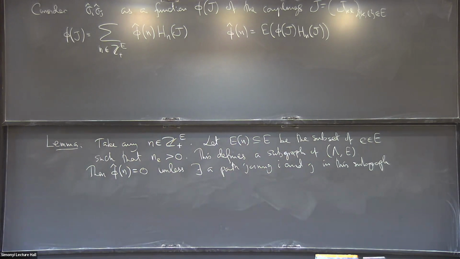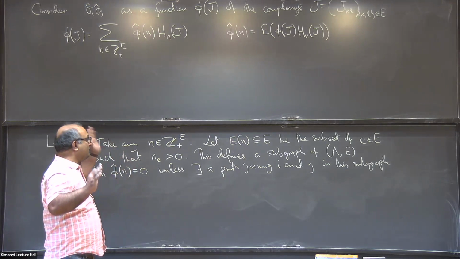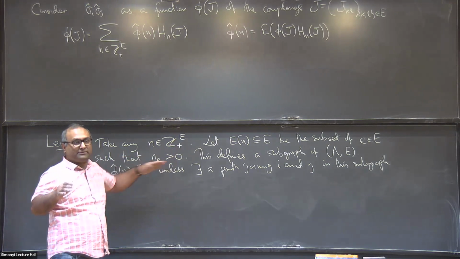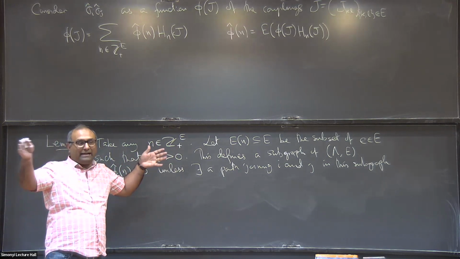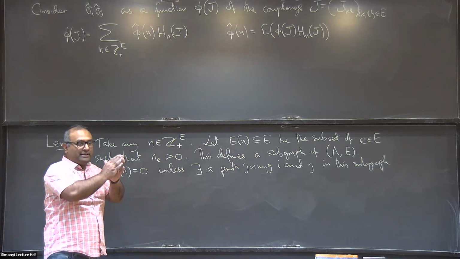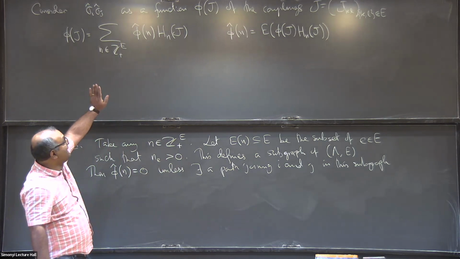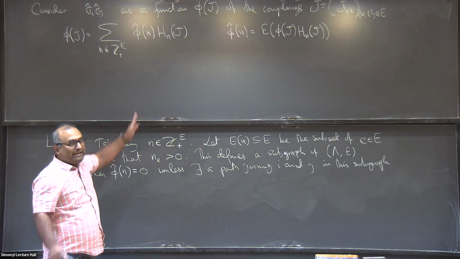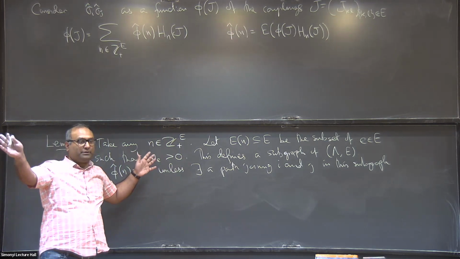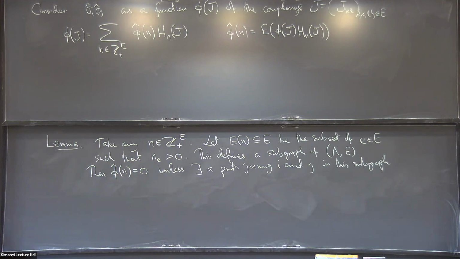Okay. So let me first tell you how this helps. What this tells you is that suppose i and j are far apart. Then you consider any term for which the Fourier coefficient is non-zero. It means there is a path joining i and j in the corresponding graph, which means that there are at least as many edges as the graph distance between i and j for which n_e is positive. So it's a product of a lot of univariate polynomials. So if i and j are far apart, then any Fourier term which contributes is a product of a large number of polynomials. And that is what gives it the instability.